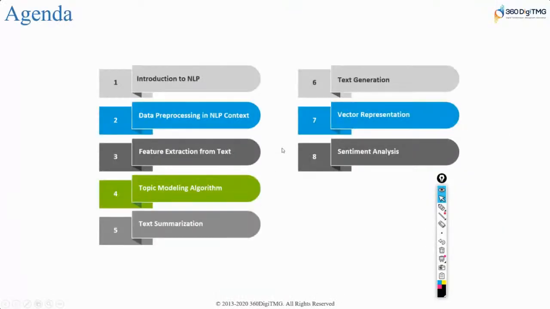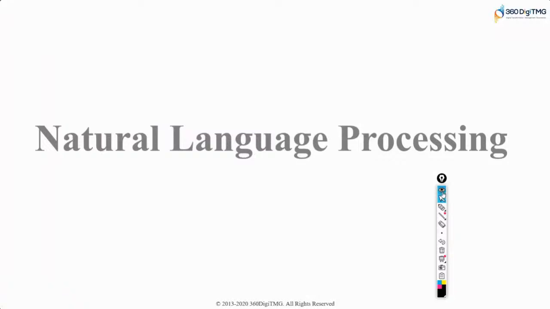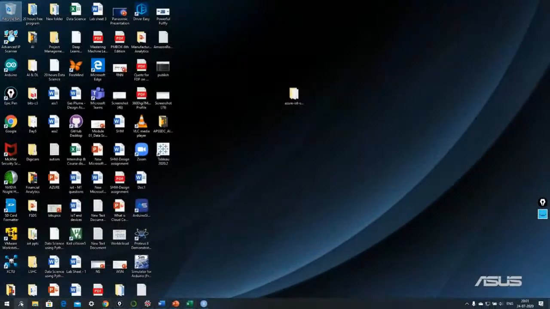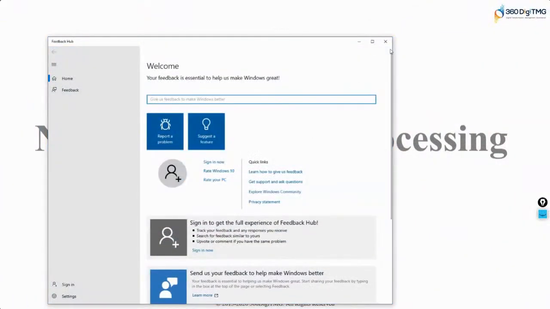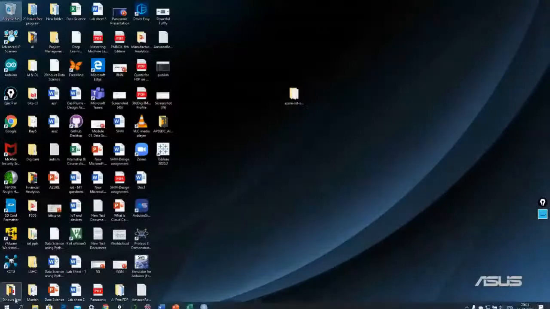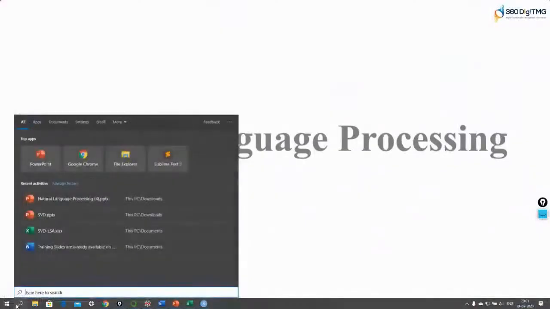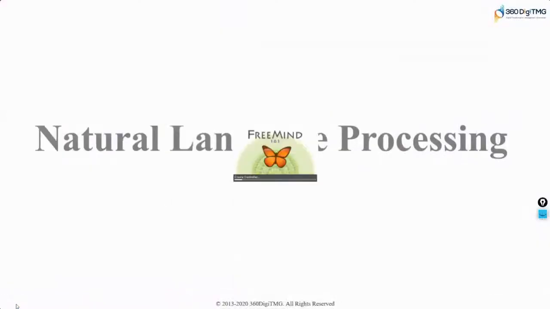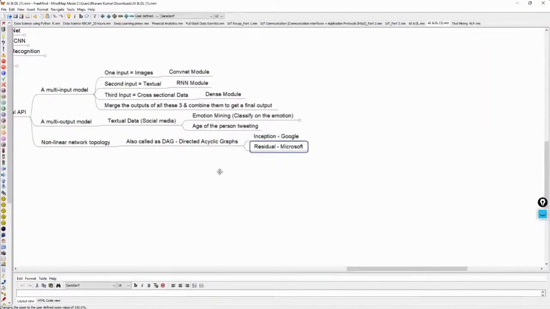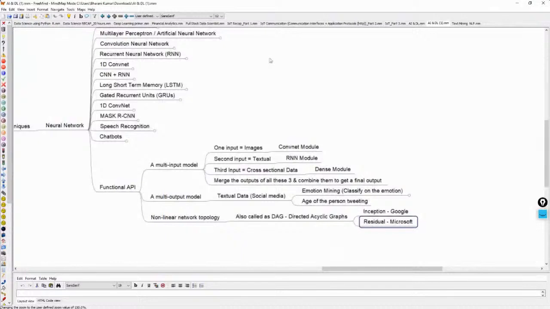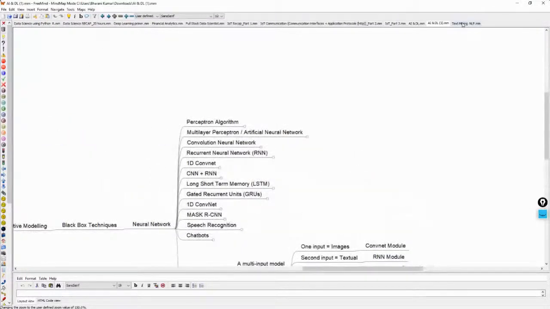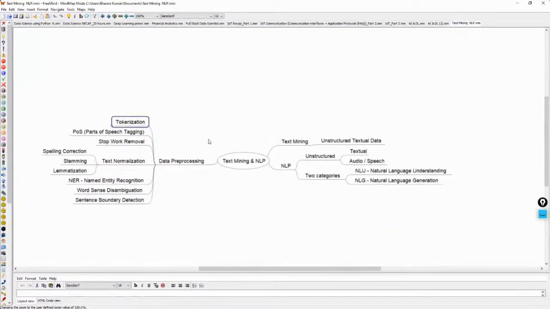So we got started with NLP and we covered a lot of ground with respect to natural language processing. Let me open the right mind map and then we shall proceed further by doing a quick recap. We have text mining and NLP here.